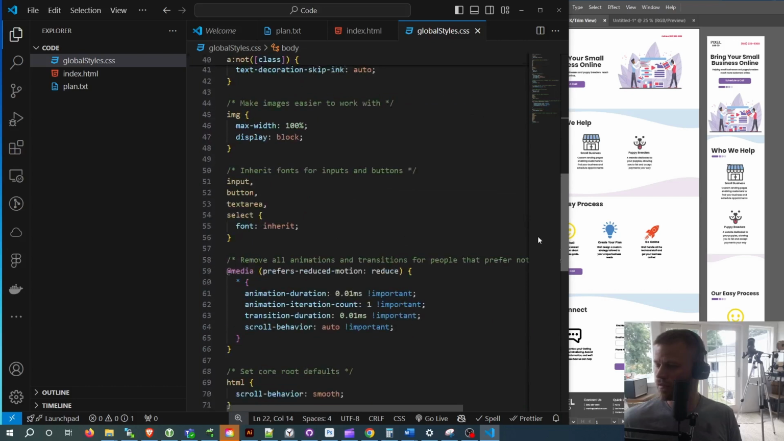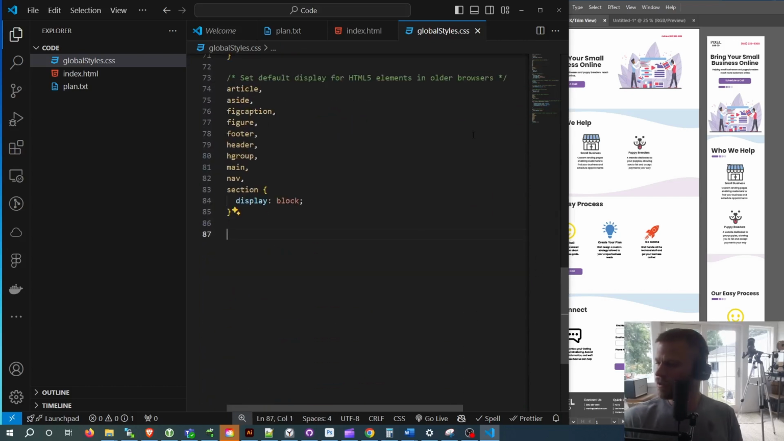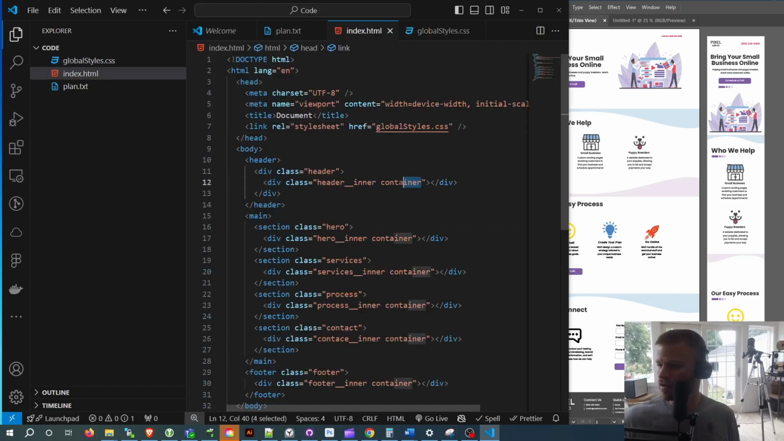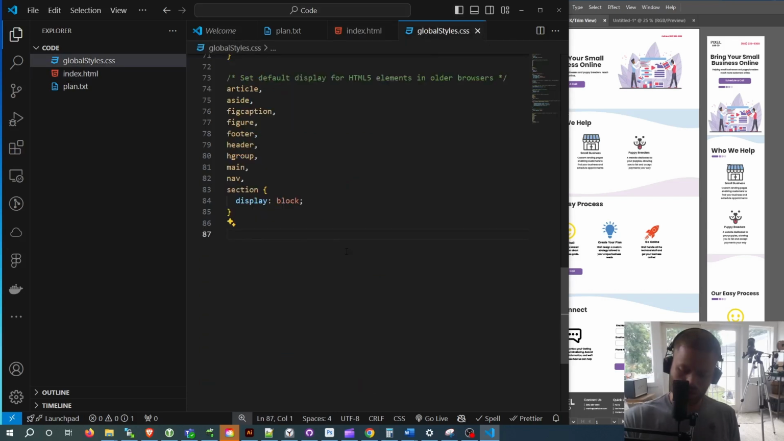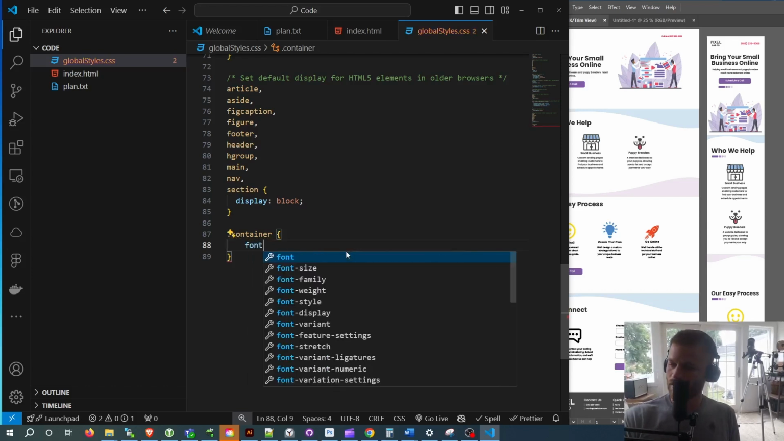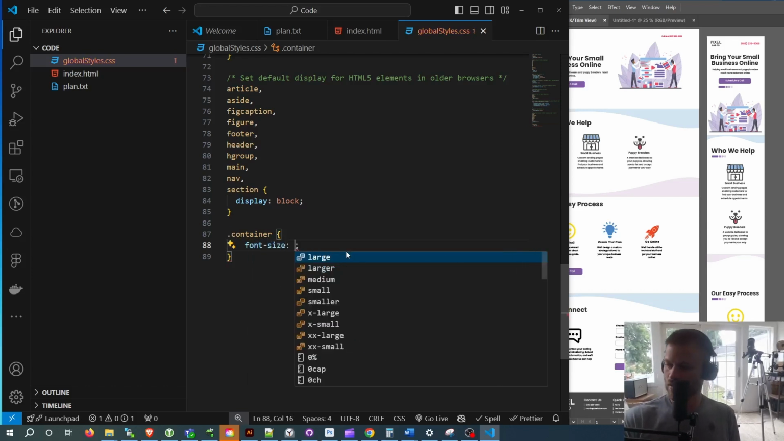So I think the first thing that I want to do is set the font size. And I want responsive font. I don't want it sliding all over the place and getting bigger and smaller. I want it to adjust with the size of the screen. So let's look at the class that I have. So it's going to be on a container. So I'm going to grab that container. And I'm going to say font size equals